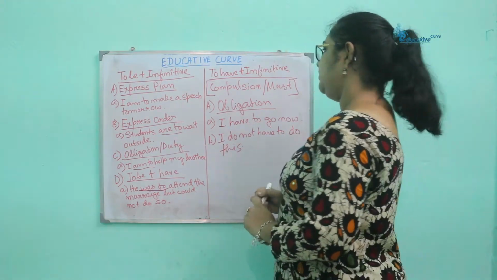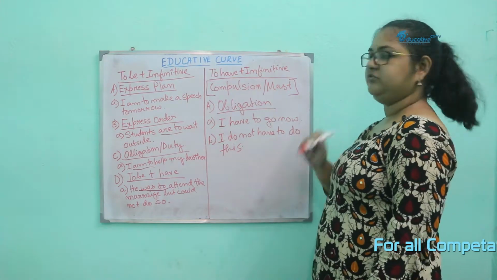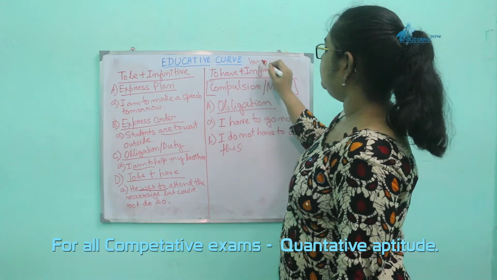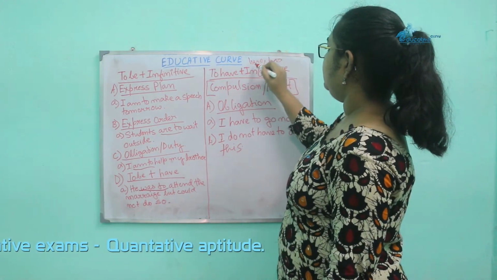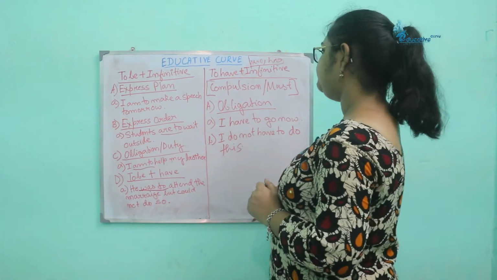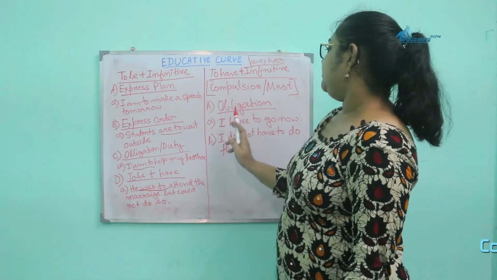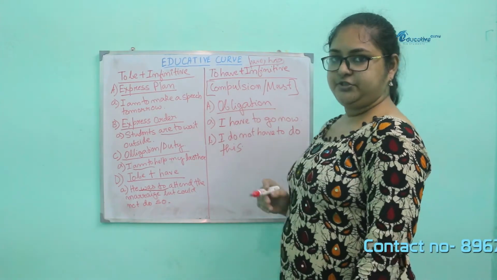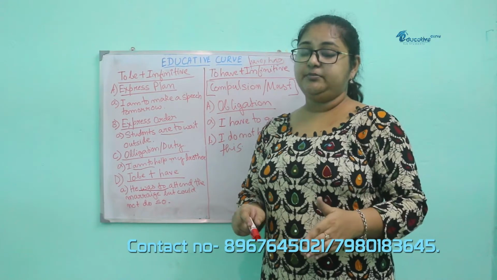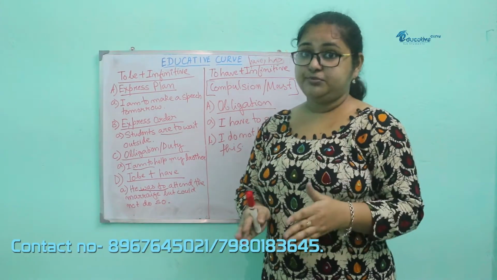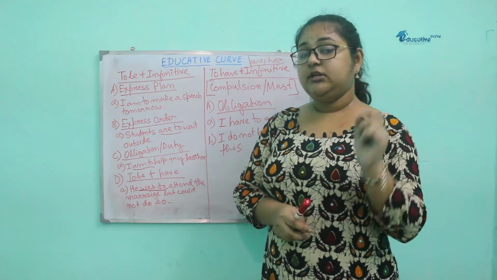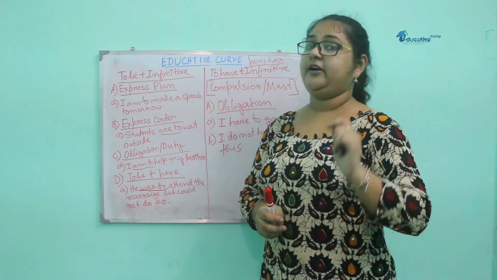Okay? Now let's come to have plus infinitive. Now the have verb has two forms, have and has, right? As we have discussed in our first video of the modals, right? See, it means a compulsion or a must-be-done thing. Okay? So when we say to have, that means that work has to be done. It is not something that we can keep aside and forget about. Okay? That is the most important thing and we have to do that.